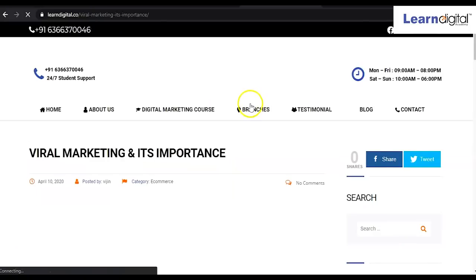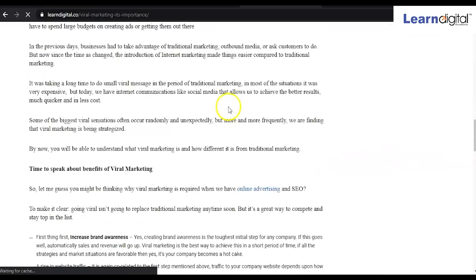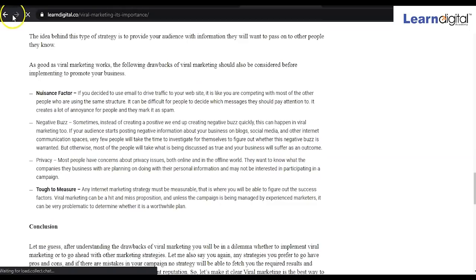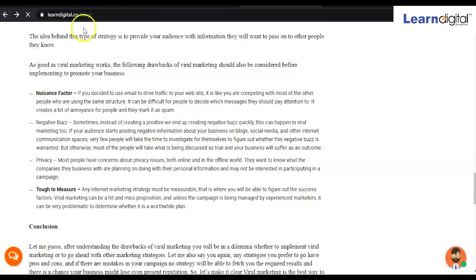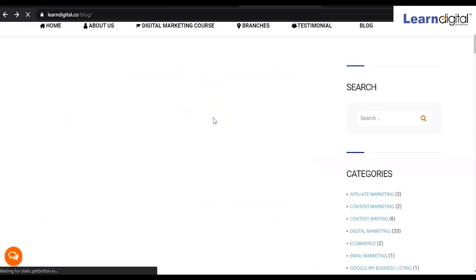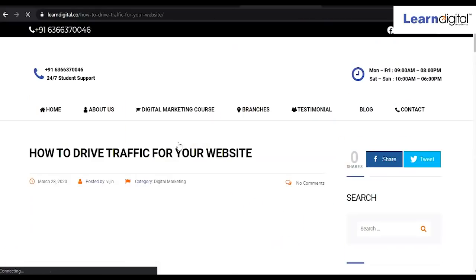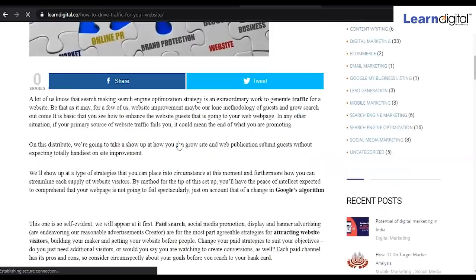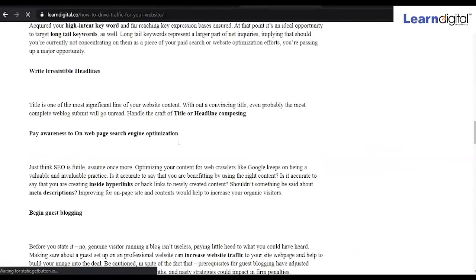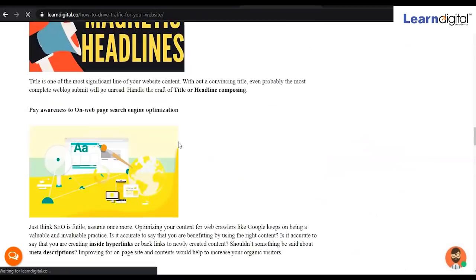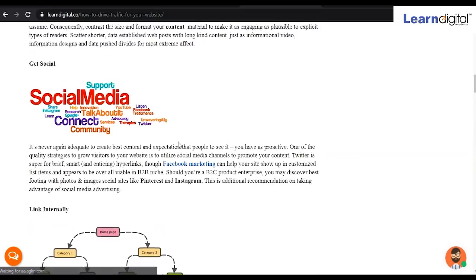Come over here. No images here. Okay, how to drive traffic? Suppose this one we are selecting. Okay, here we can see some images as well, right?